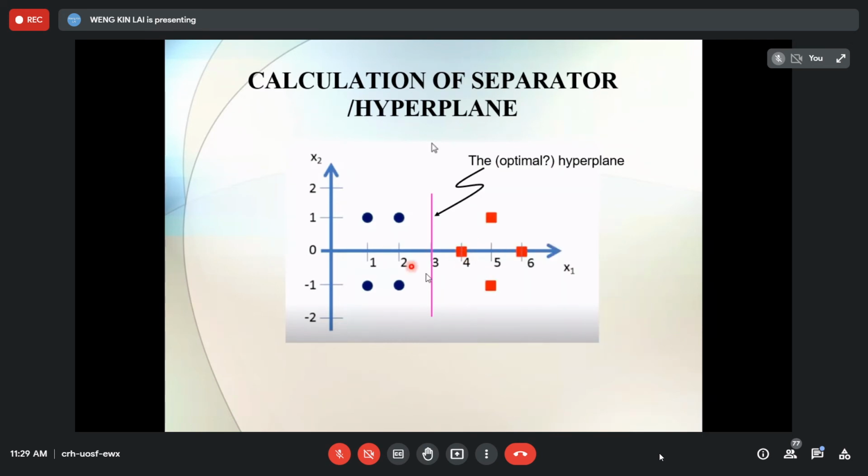The data now can be linearly separated. Initially, I think I'll show in the next few slides, maybe at the end, what I mean by that. The so-called beauty, the strength of your support vector machines is that